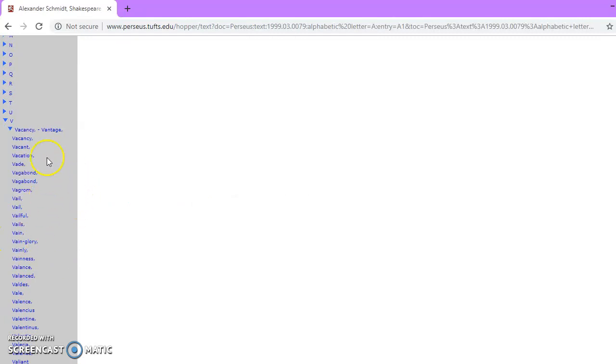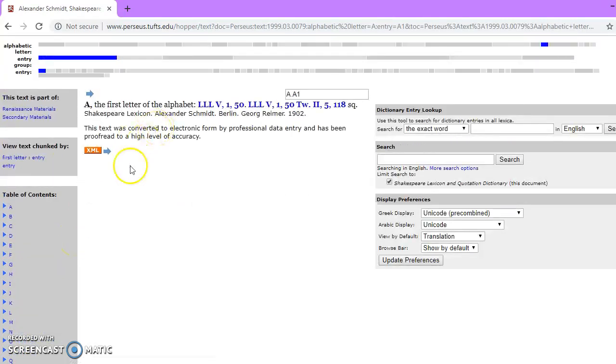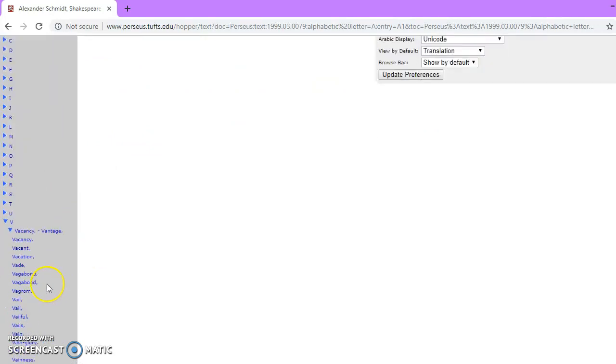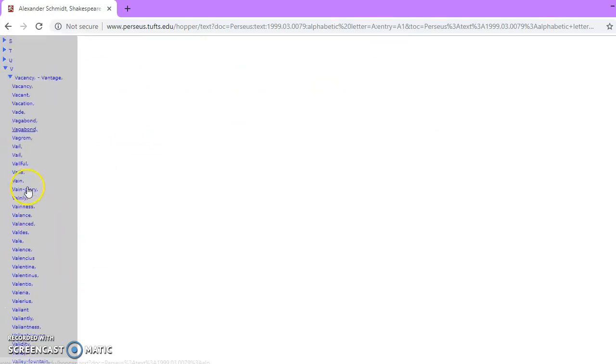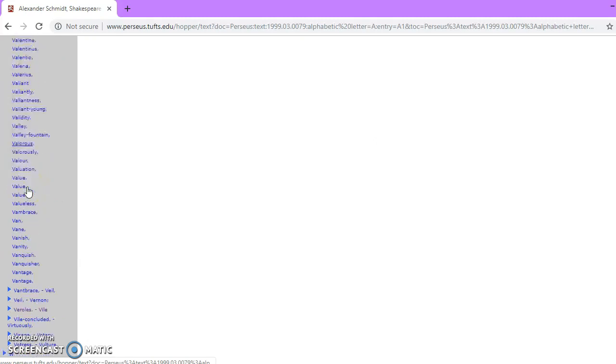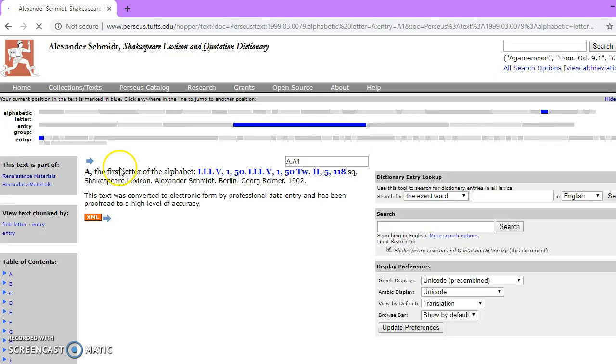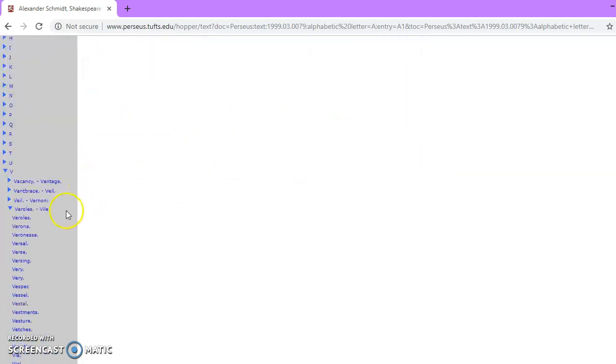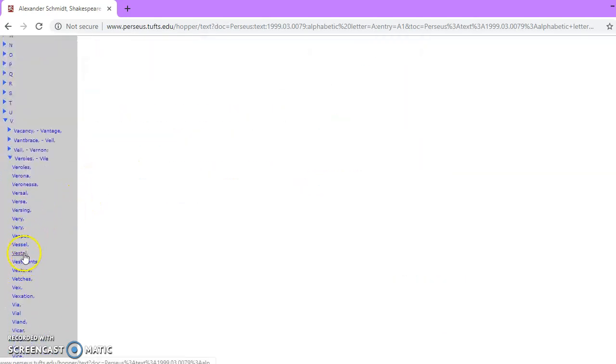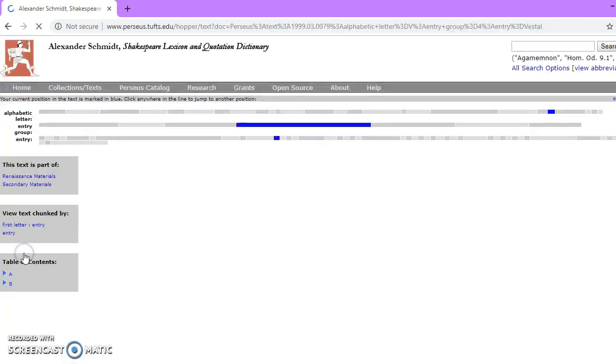So we're going to go there, and every time you click on anything, it redirects you to the top, but it has forwarded your information. So vestal, spelled V-E-S, so obviously these are the V-A's, so we just want to look, again, it's the same as a dictionary. As long as you know your ABCs, you've got this. So vestal is right in here. Again, it'll shoot me back up to the top, but we can go right back down. And I've already looked it up, obviously, and here it is, vestal.